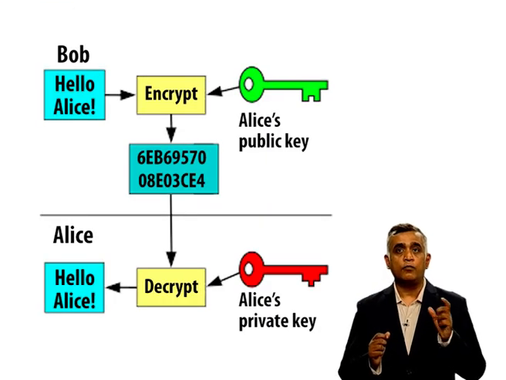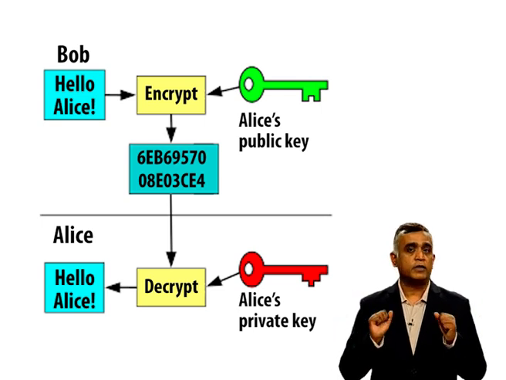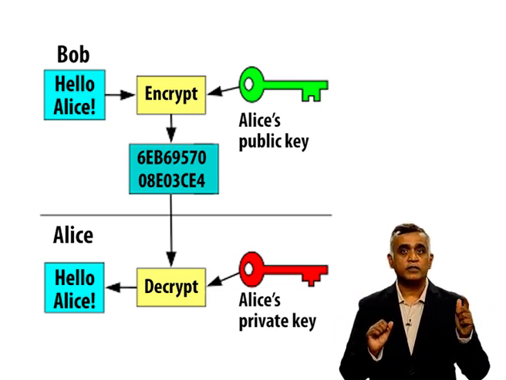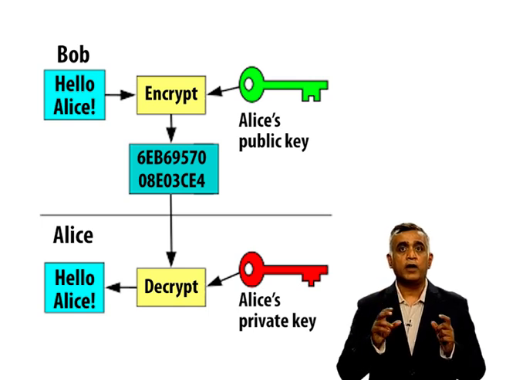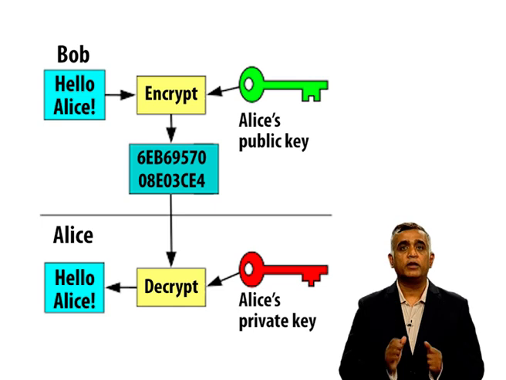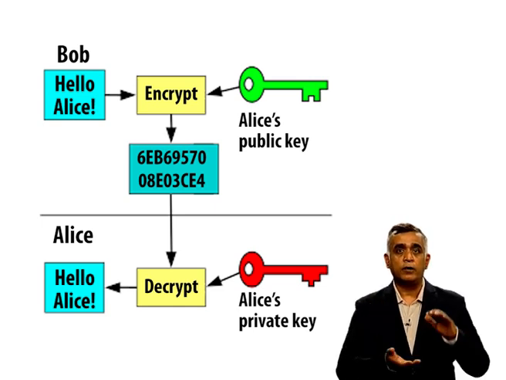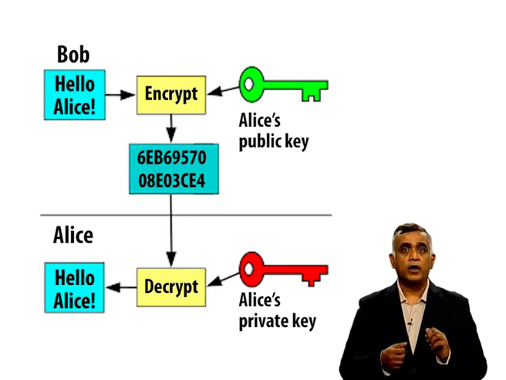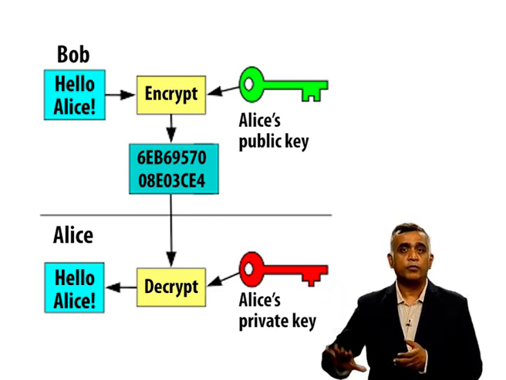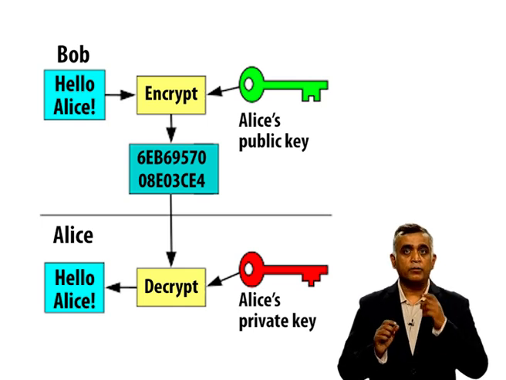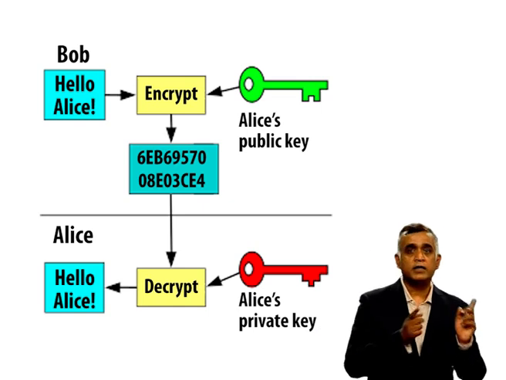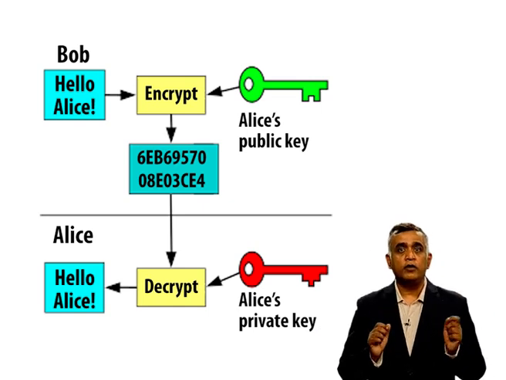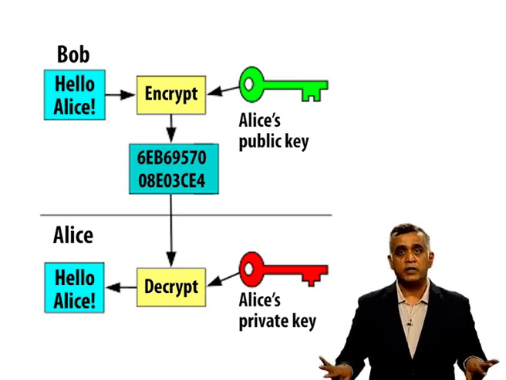Assume that Alice and Bob are at two different places. Alice wants to send a message in a confidential manner, and the two of them are going to apply encryption and decryption operations using public key cryptography. Here, Alice will have a key pair of a public key and a private key, and similarly Bob will also have such a key pair. The public keys are publicly available. In other words, Alice knows Bob's public key and Bob knows Alice's public key, and they keep their private keys secret with themselves.